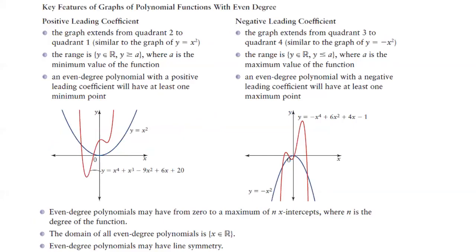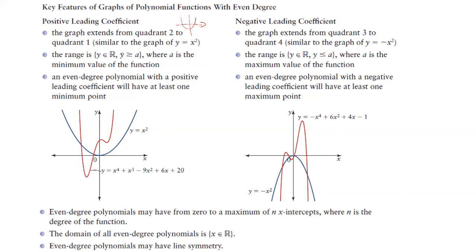Okay, next, let's have a look at what will happen if the function has an even degree. So these are the key features of graphs of polynomial functions with even degrees. First, let's have a look at the case where a positive leading coefficient exists in the polynomial function. Okay, if the leading coefficient is positive, the graph extends from quadrant 2 to quadrant 1. That means it will look like